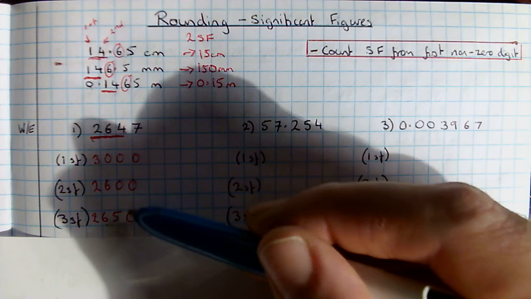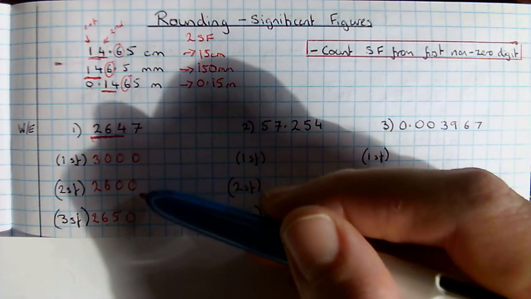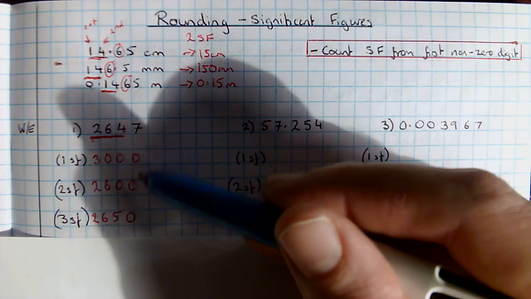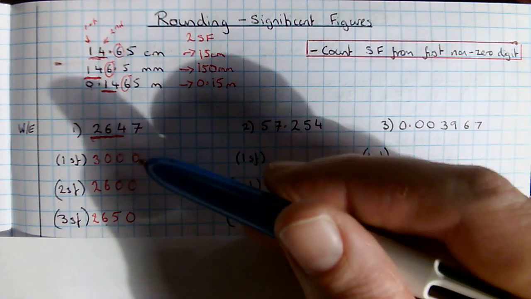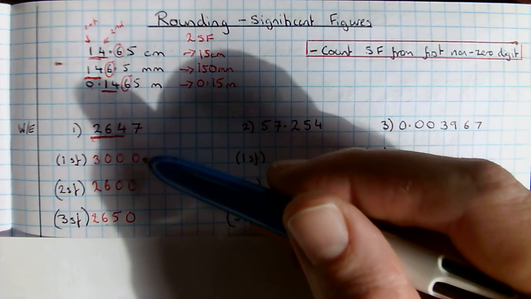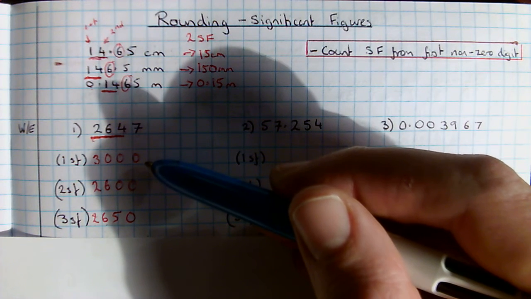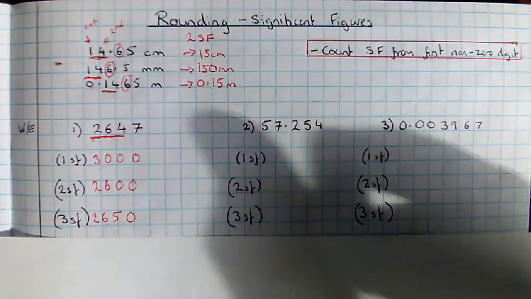2,650 is rounded, but it's pretty close. 2,600 rounded to 2 significant figures, it's less close. And 3,000 is rounded to 1 significant figure, and you'll see it's quite a long way away. And there's good reasons for why we might want to only round to 1 significant figure, because it makes calculations a lot easier. So let's do the same with my next number,